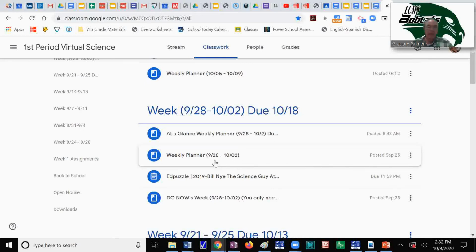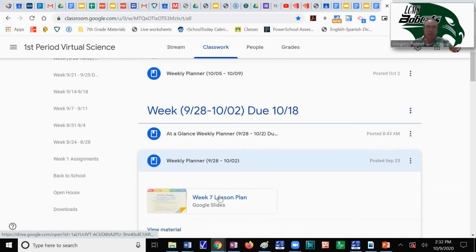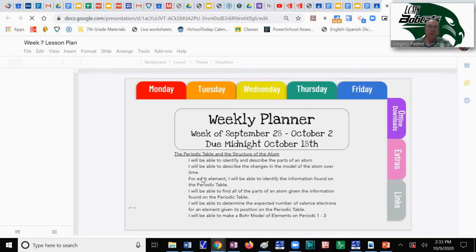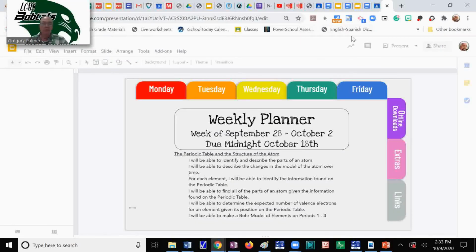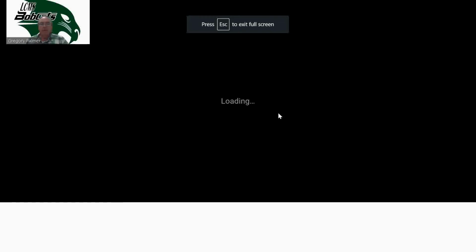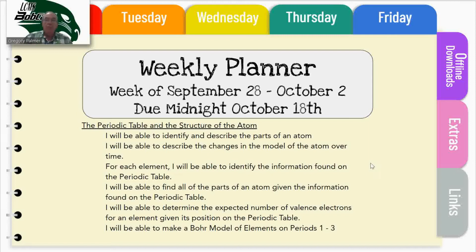Now each week is going to have the same weekly planner that we normally have. So you can open this up. You really need to get into a regular schedule. We've talked about this before, following the to-do list. If you click on Present, we'll bring the planner up. It's a little easier to see and use this way. You'll open the planner,